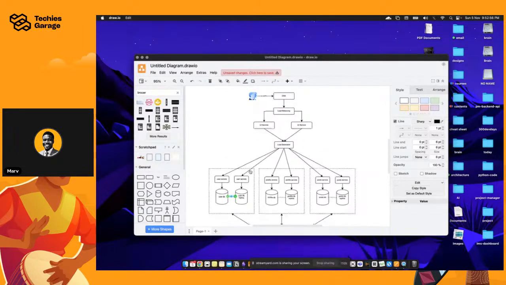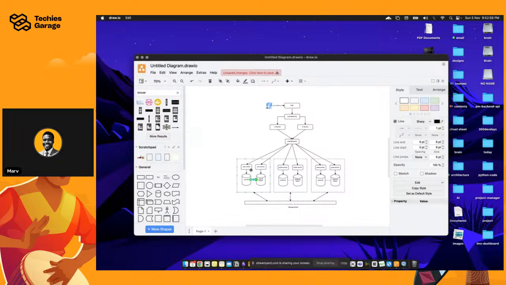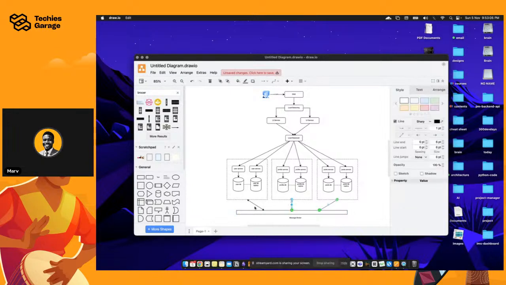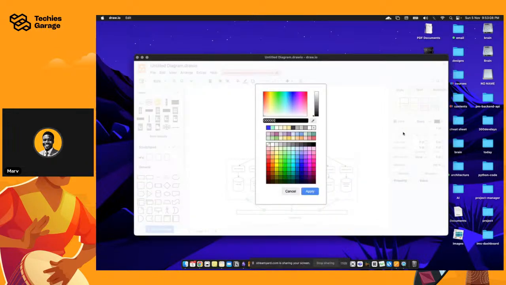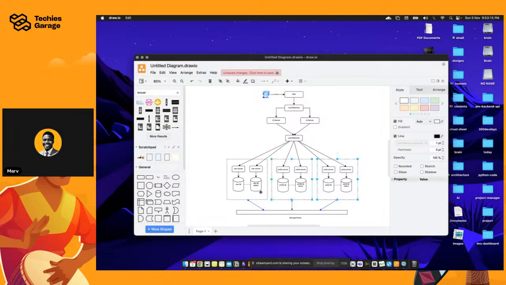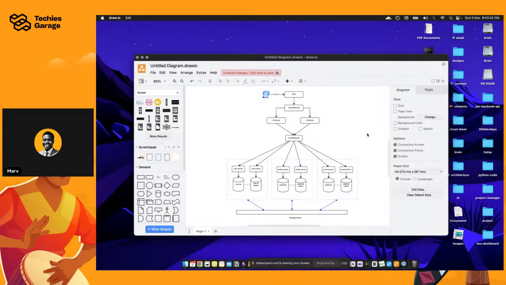Okay, so let me check the chat to see if we have more messages before I move on. We've been able to map out the services and of course the communication happening via the message broker right here. So if you have any questions regarding the communication on the message broker end, feel free to ask your questions, and I'll quickly take them before I move on to the next thing. Okay, let me check the chat to see if we have any questions already.